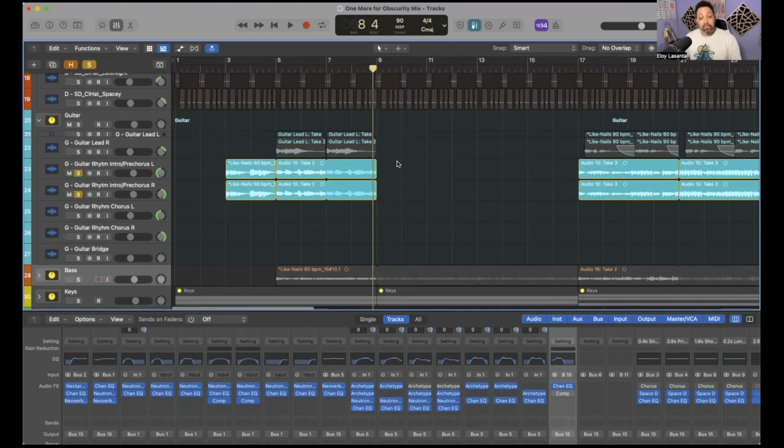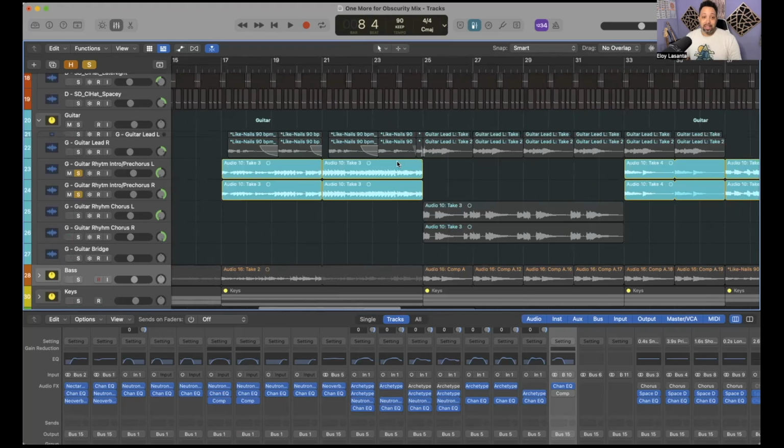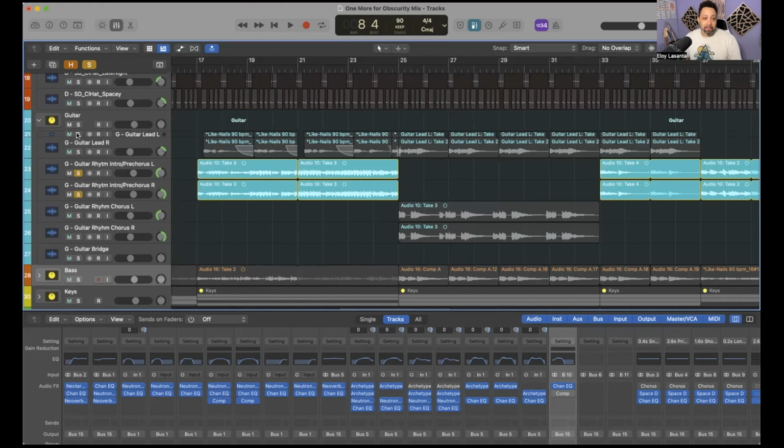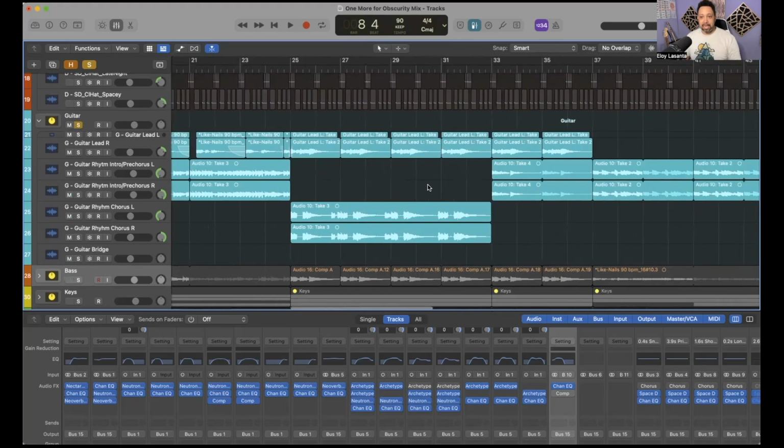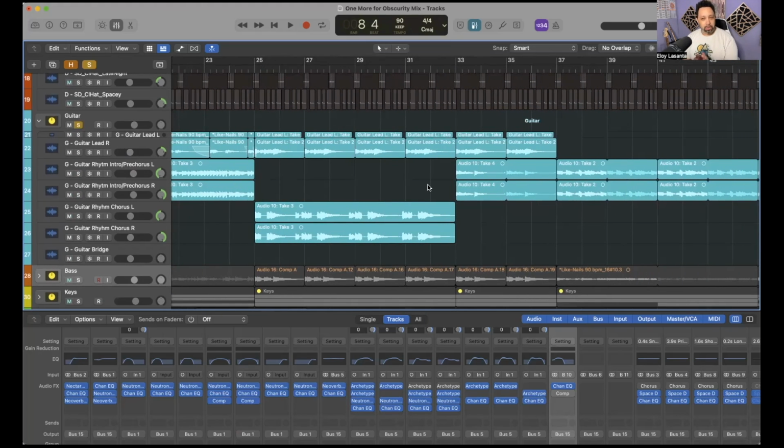The really fun thing about the guitars, and I'll just point this out, is that they bounce off of each other. I do this in Better Off Alone as well, and we'll talk about that when we get to Better Off Alone, one of the other songs we're going to do this for. But I did this here: whenever the lead guitar is doing a long drawn out thing, the rhythm guitar is picking it up and keeping the energy going. Just to hear them back to back.